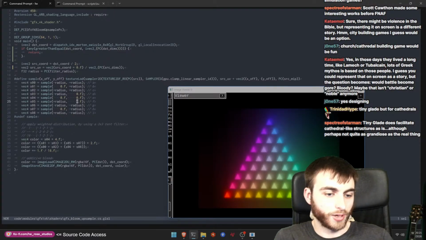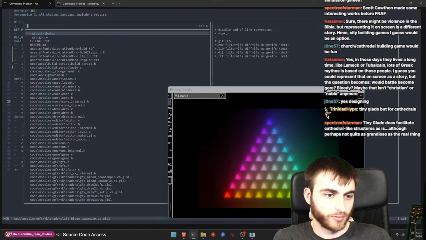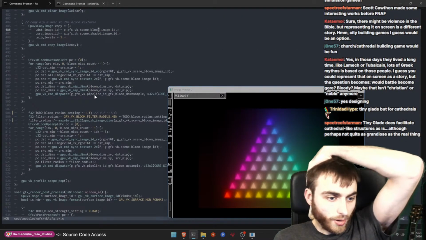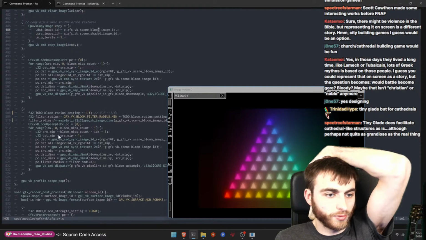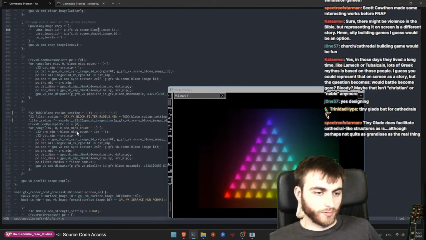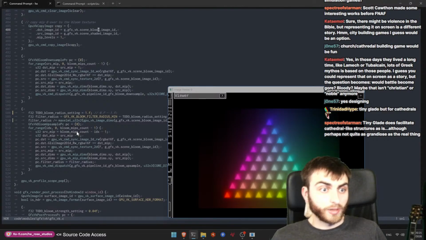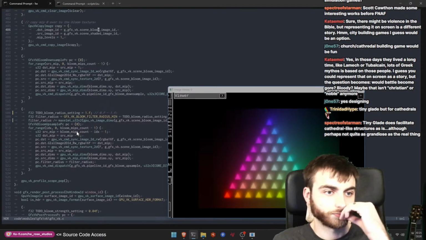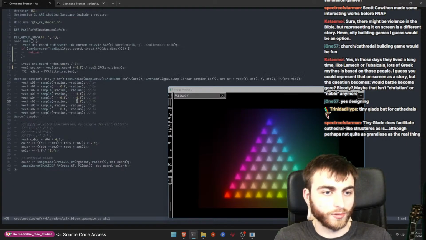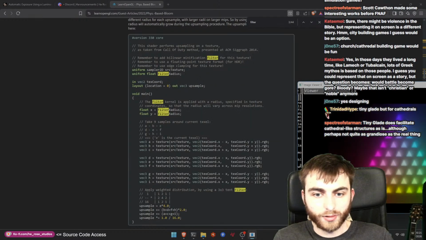Are we sampling the right? Double check the setup code. So upsample is source MIP. We're going from the back MIP. Destination. Nice. Makes a lot of sense. Yep. Okay, so this code here is just